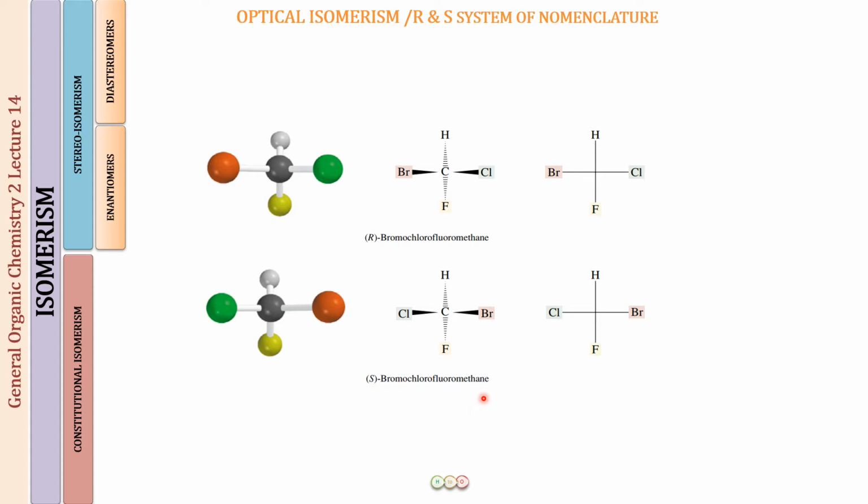If we look at them closely, what we find is that these two are just differing in the spatial arrangement of atoms around the carbon. How is the spatial arrangement different? Well, they both are mirror images of each other. If you place them side by side and place a mirror between them, you will find that this is a mirror image of this and this is a mirror image of this. Similarly, you can appreciate this over here as well. These two are non-superimposable mirror images of each other, and hence both of them are chiral molecules.